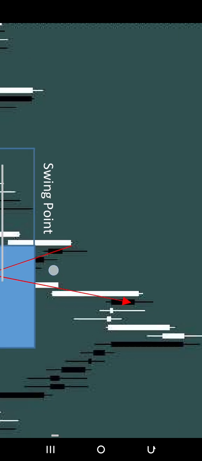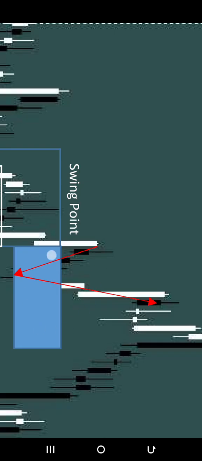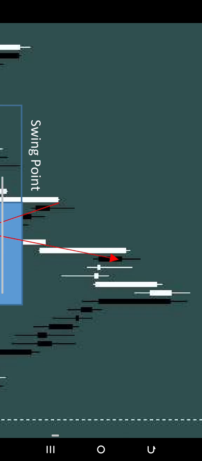Then you now wait. Now this fair value gap has been offered. Now that this place is broken, this high is broken, this swing point is broken, then you now wait. Can you see a new fair value gap that has been created again? You wait for price to come into the fair value gap. The moment price comes into the fair value gap, you enter off of the fair value gap again, you target the next swing point. Then you place your stop loss below it. Then as price goes up, you would have been out of the market before price eventually reverses and retraces downward.